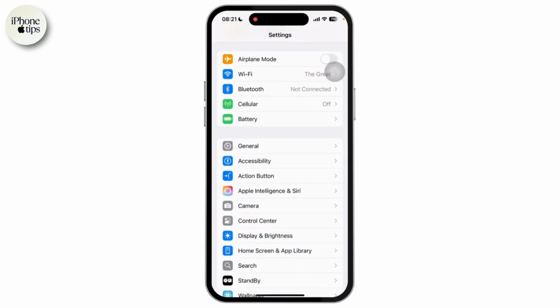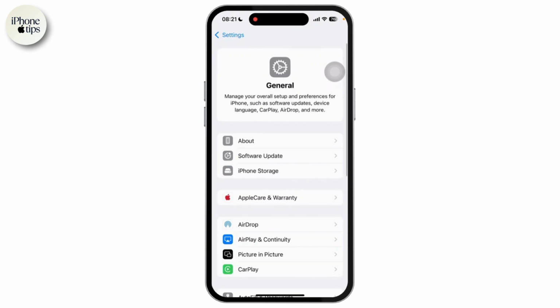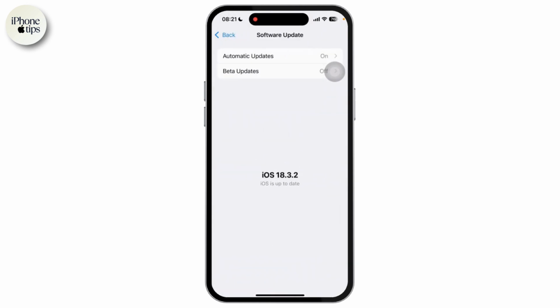Now, once inside the Settings app, scroll down and tap on General. Inside General, tap on Software Update and make sure that you are up to date with the latest version of iOS. If an update is available, install it. Now again, go back to Settings, General,